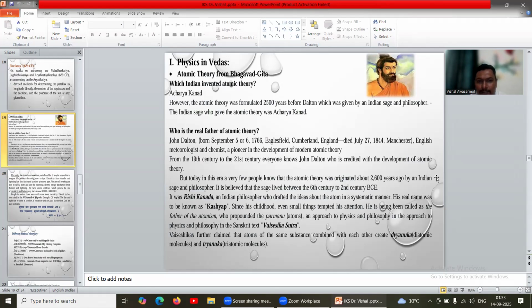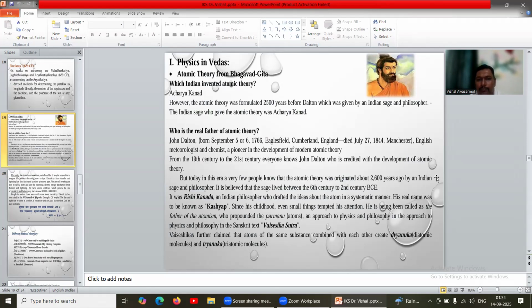It was Rishi Kanad, an Indian philosopher who drafted the ideas about the atom in a systematic manner. His real name was Kashyap. Since his childhood, even small things attracted his attention. He has been called the father of atomism,